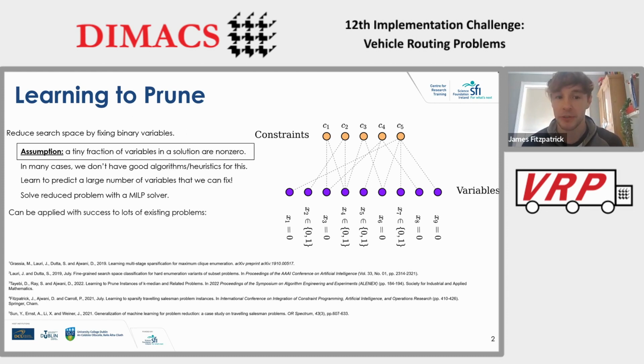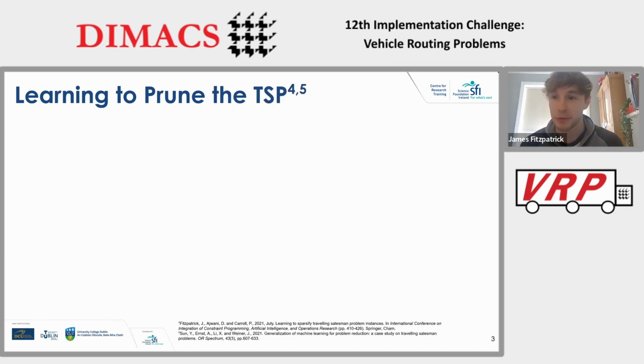And we have good reasons to think that this can be applied successfully to the E-VRP because we've done it with other problems before, and lots of other people have as well. Some of those examples are the maximum clique enumeration problem, the facility location problem and k-median problems, the traveling salesman problem, which I've worked on myself, and CVRPs as well, among others. So I'm going to go quickly through the TSP because that's what I worked on already,